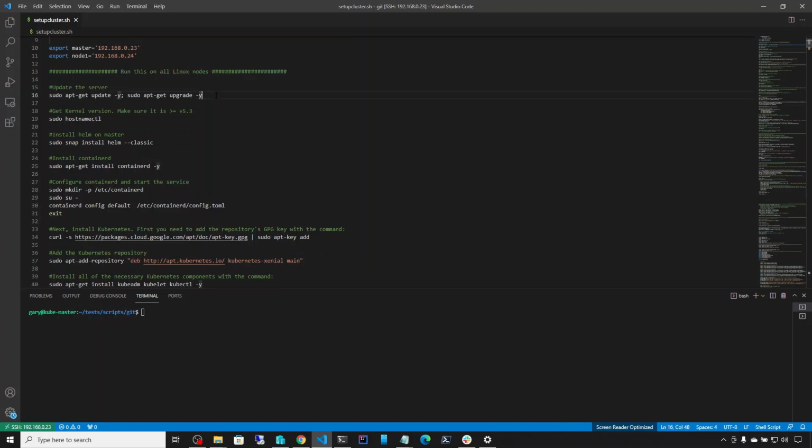Basically, these are the prerequisites that you need to have on all servers, except Helm. And Helm is only needed on the master. You can install it on other nodes if you want to. There's no harm in it, but it's a requirement on your master,